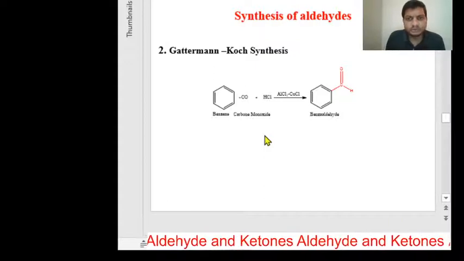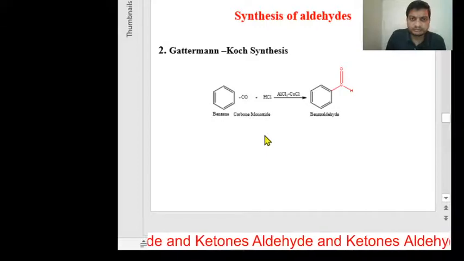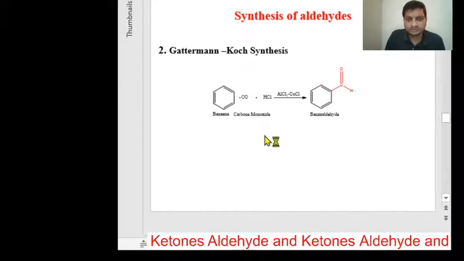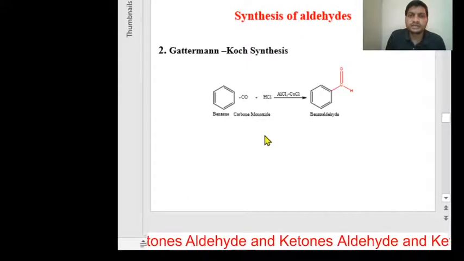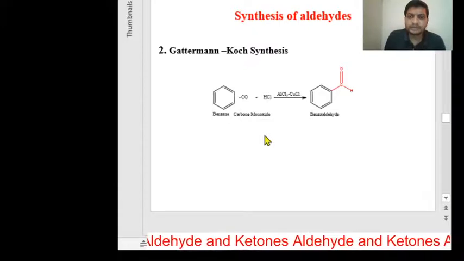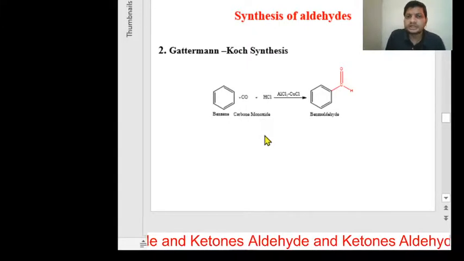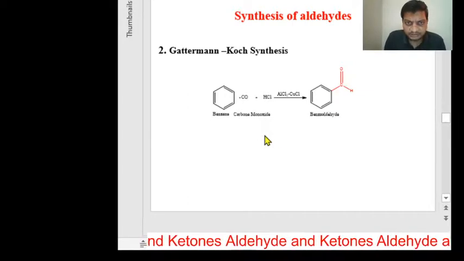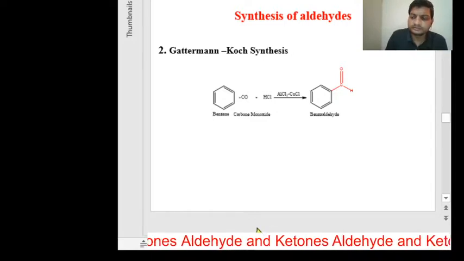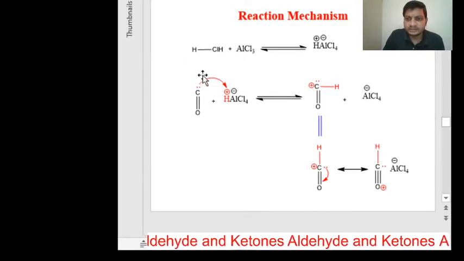So in the Gattermann-Koch synthesis, from benzene we get benzaldehyde. It is the synthesis of aromatic aldehyde, whereas the earlier one was aliphatic. Here the Gattermann-Koch synthesis is important in the formation of aromatic aldehyde. It is an important part. So now we will move towards the mechanism. In this mechanism, first this is the